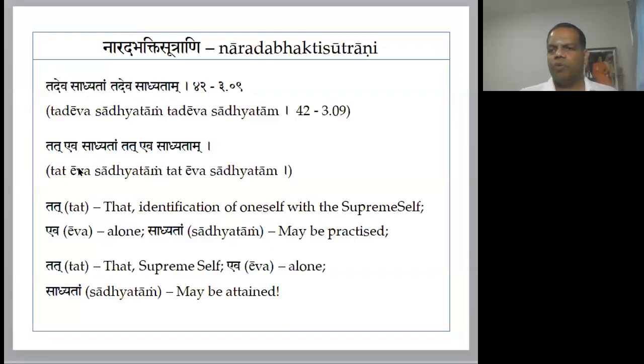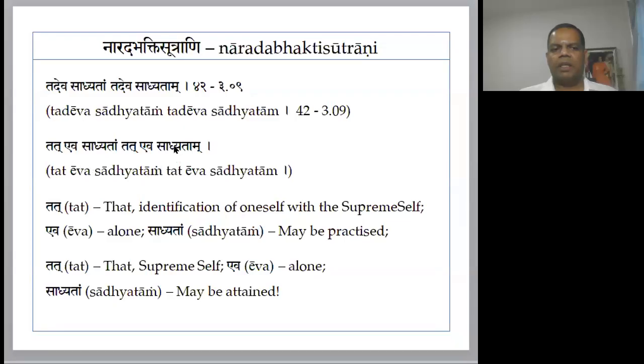Tadeva is made of two words, tat and eva. The t becomes d. The first letter of the ta varga, the first letter in the third class of consonants, becomes the third consonant, d. Both are unaspirated. First and third are always unaspirated in any series of consonants in a particular category. So tat becomes tad, and the d and e become de. That's how you get tadeva.